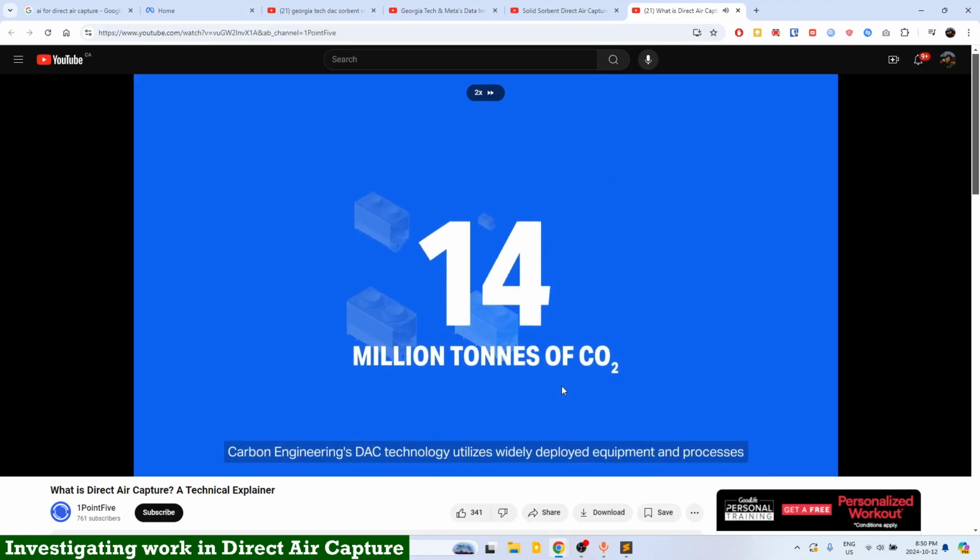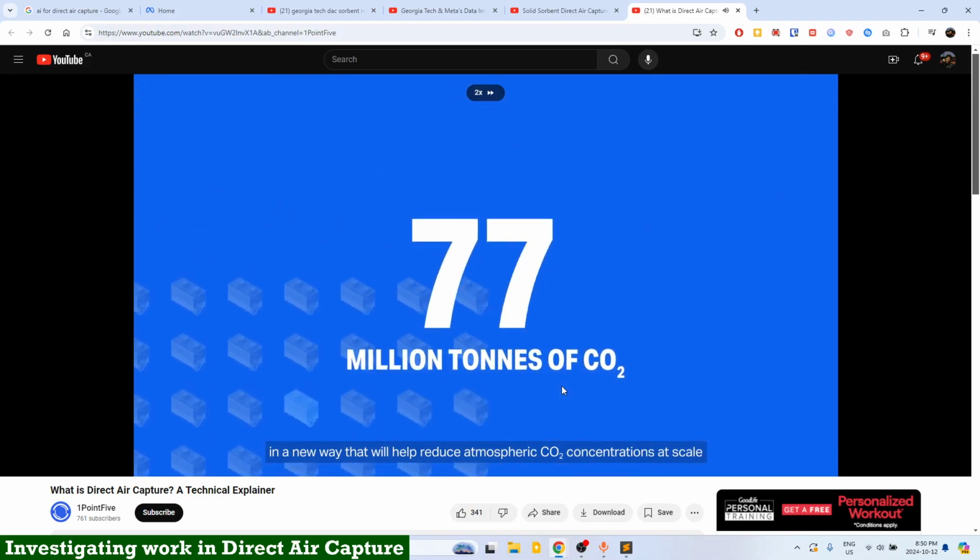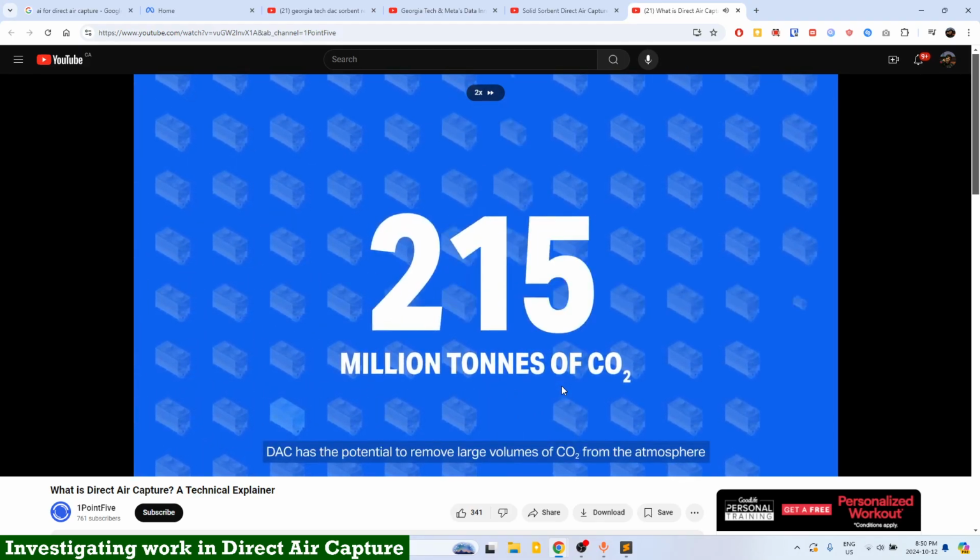Carbon Engineering's DAC technology utilizes widely deployed equipment and processes in a new way that will help reduce atmospheric CO2 concentrations at scale. DAC has the potential to remove large volumes of CO2 from the